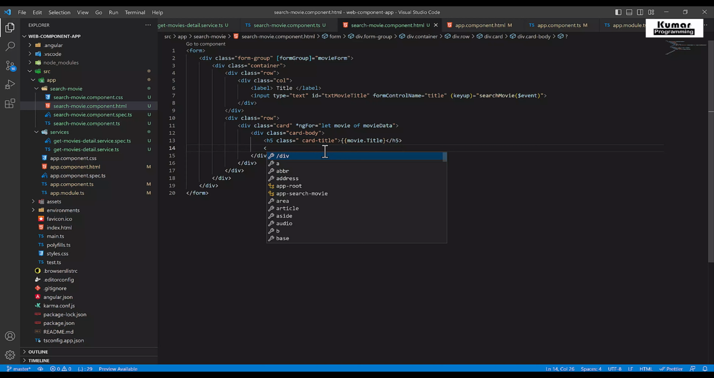Let me just take a paragraph, card text. So this could be year, and we can pass the value of the year as well here. So this would be movie.year,